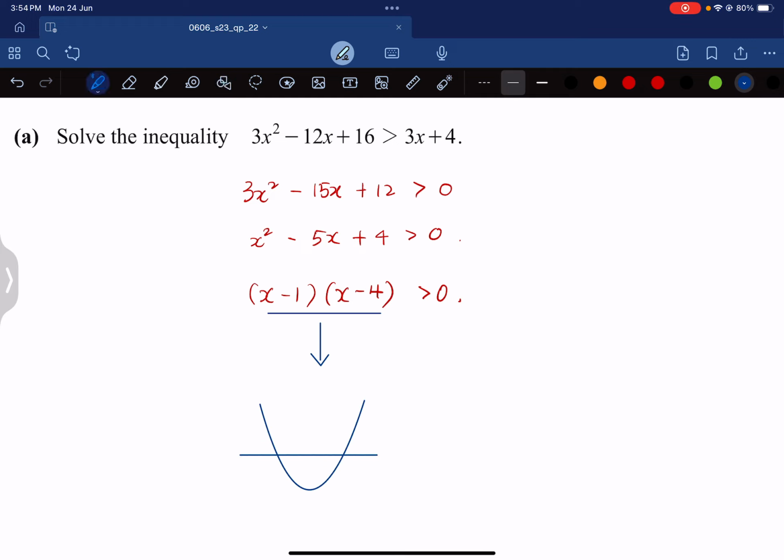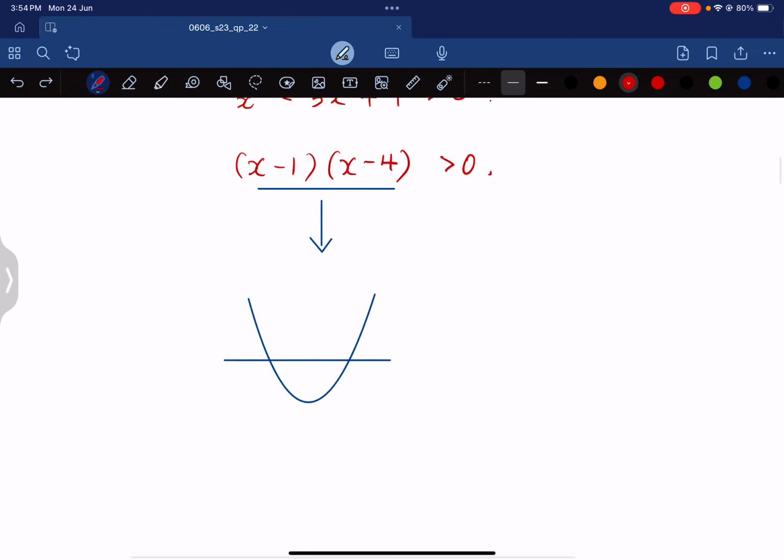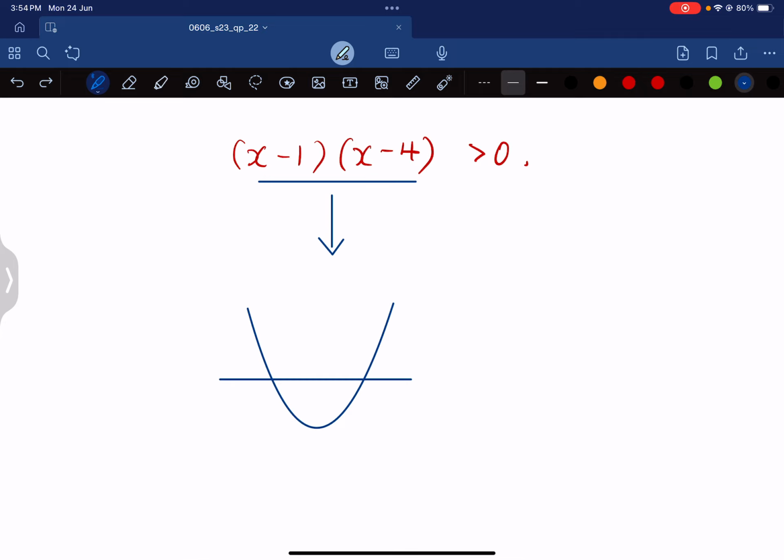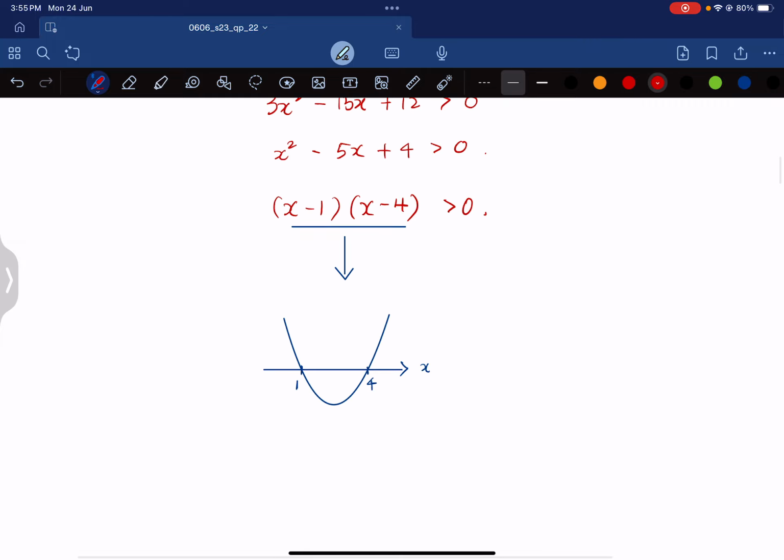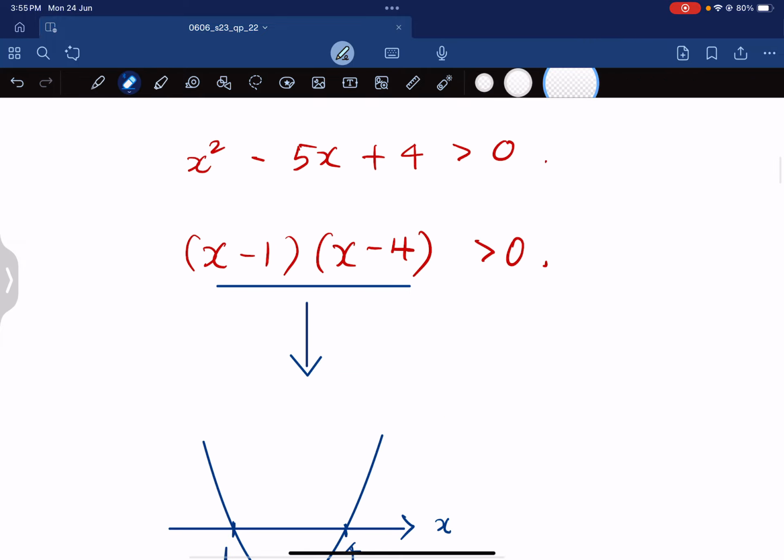a curve, right? We know that a quadratic with a positive coefficient of x squared would be a U shape, right? That will cut, since this is a factorized form, the x-axis at 1 and 4, right? 1 and 4. So this solving this inequality is